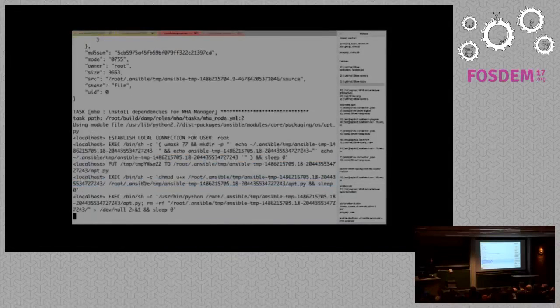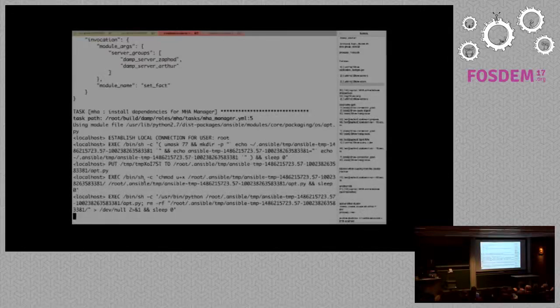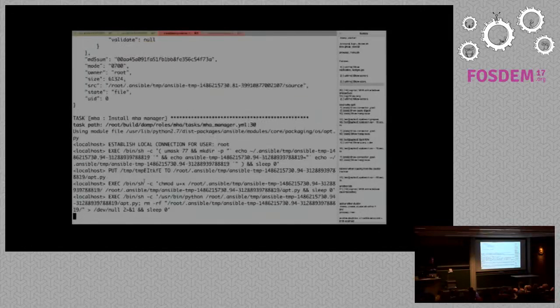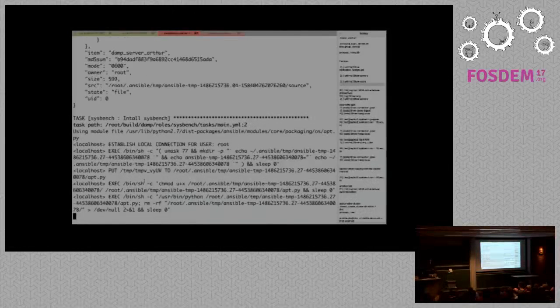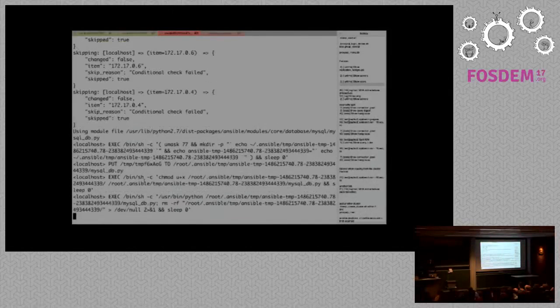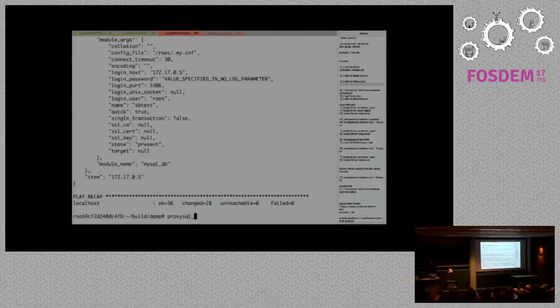It should be done in 60, 90 seconds, depending on the speed of the internet connection. I'm running this on remote machines because it installs dependencies for MHA. That's the most time consuming part. Once it's ready, I wrote a little script that makes it easier to demonstrate use cases for ProxySQL and MHA, doing some sysbench. Installing sysbench is the last part of this playbook. Once it's done, I call this little guy the ProxySQL menu,